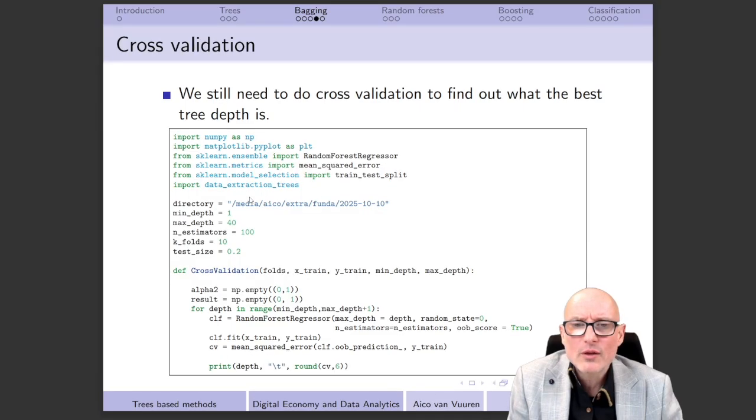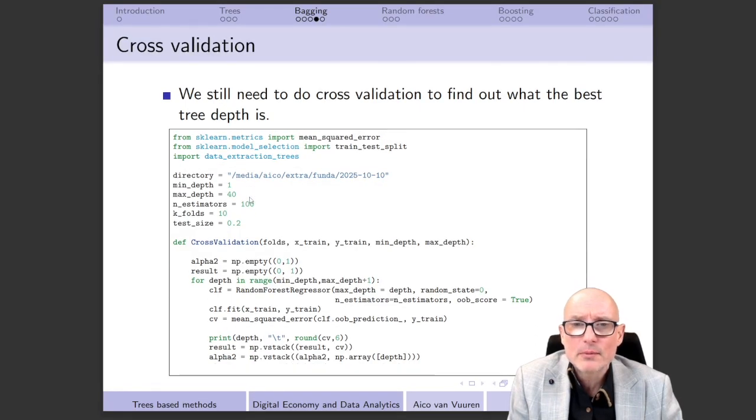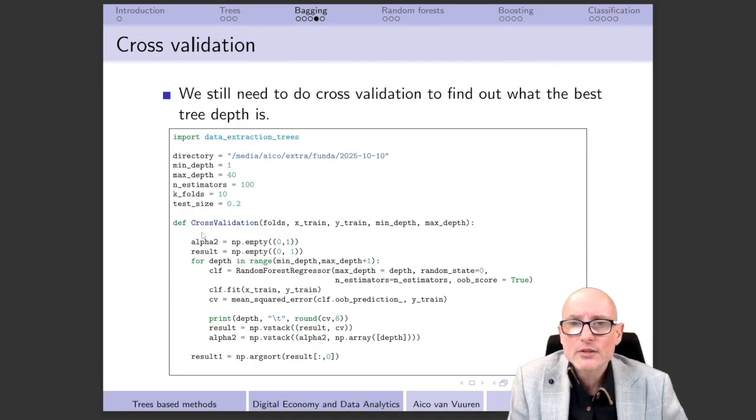However, I might even say it's going to be a little simpler, because the whole function that we had for doing cross-validation is no longer necessary, since we're going to do OOB, or out-of-bag sampling, instead. For that we need to introduce the option oob_score equal to true. That will give us the opportunity to do out-of-bag sampling in a random forest regressor, or maybe better to say